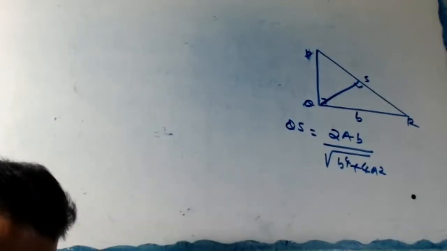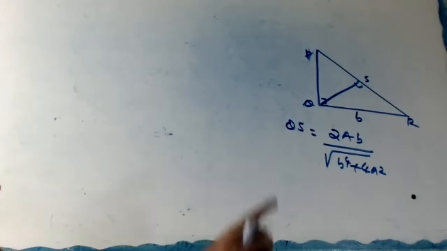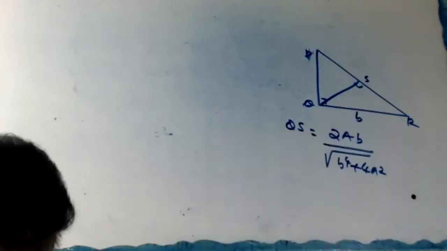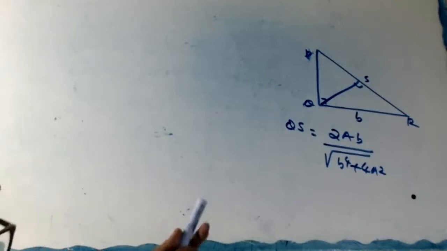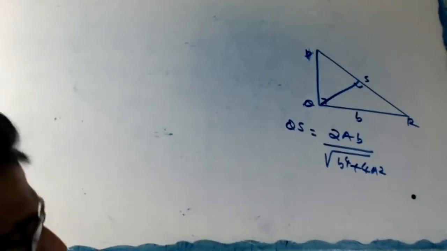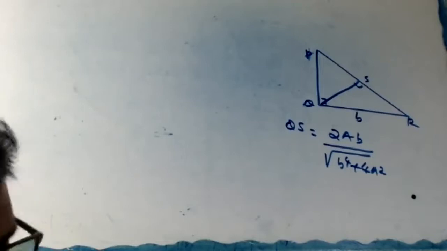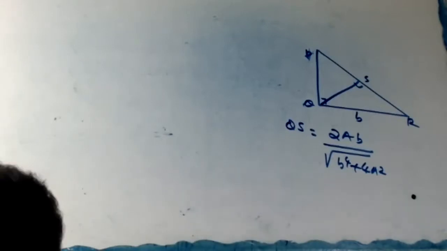You can hear the question again. If capital A is the area of the triangle. Area of triangle means what? Half base into height. That means half QR into PQ or half PR into QS, like that. b is one of the sides containing the right angle. I put here small b. And prove that the length of the altitude on the hypotenuse, that means QS altitude, is 2Ab divided by root of b raised to 4 plus 4a square. You try. It's like a numerical question only. You can try now.